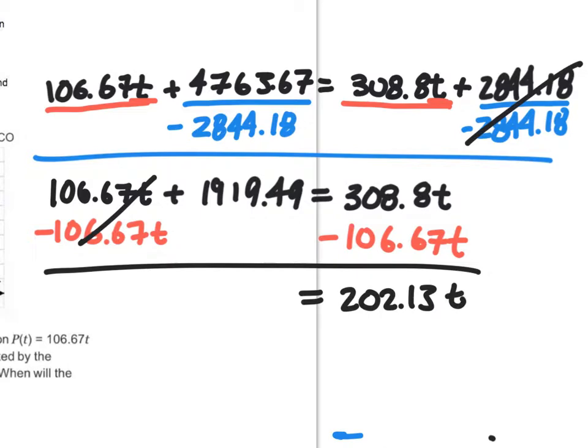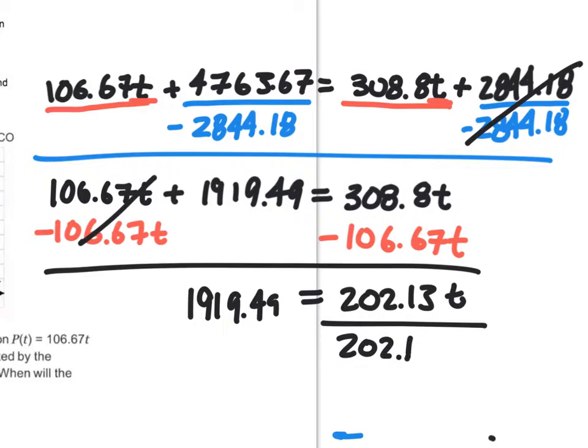202.13, and I'm going to add a t to that, okay? Because this has a t, this has a t. When I combine these like terms, I just add the numbers or subtract the numbers and keep my t. Okay, and I'm going to leave this equal to 1,919.49, and then I'm going to divide both sides by